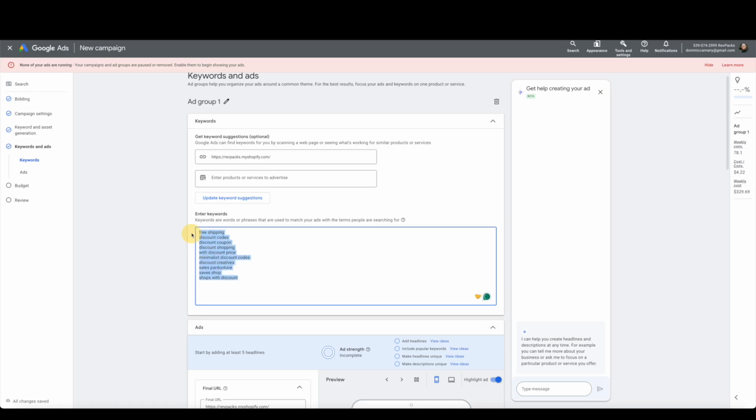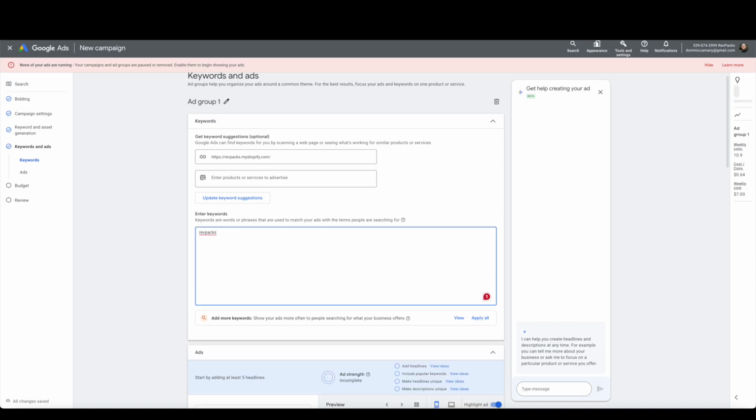So for our keywords, remember, this is a branded search campaign, so we only want to use our brand name. So we're going to put Rev Packs. And if there are any other ways that people may search your company name, or possibly your company name plus your product type, you can put those in here as well. So we're also going to do Rev Packs, and then Rev Packs Backpack,